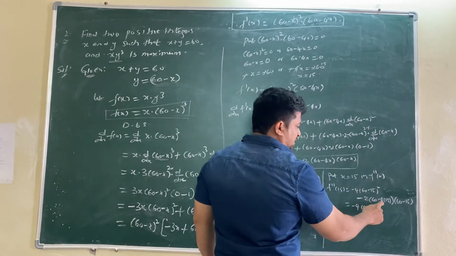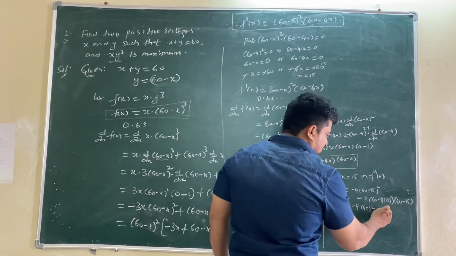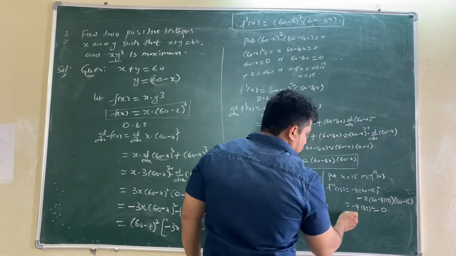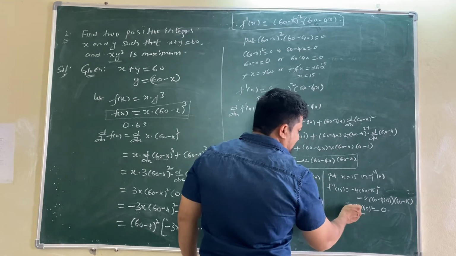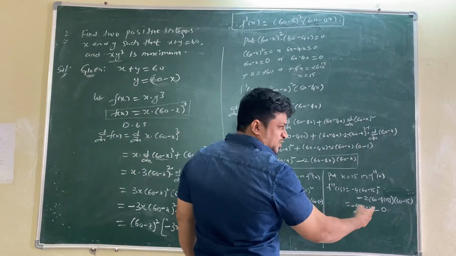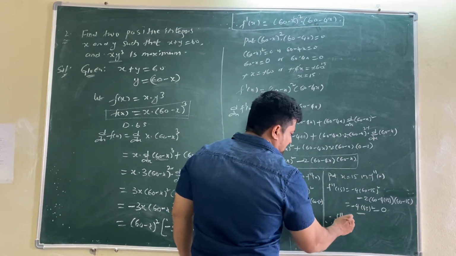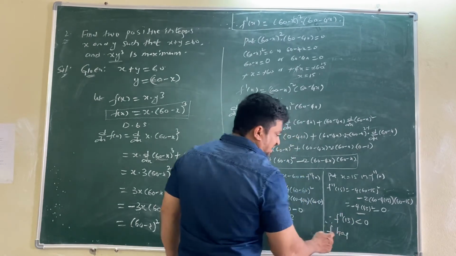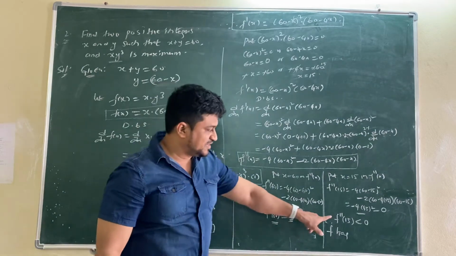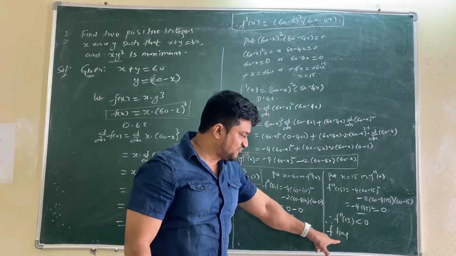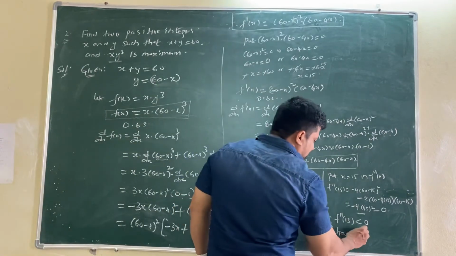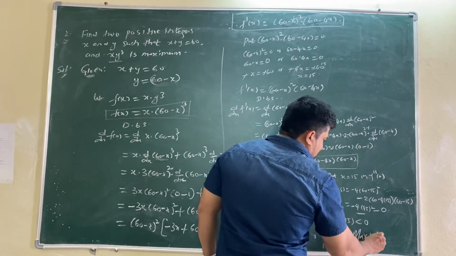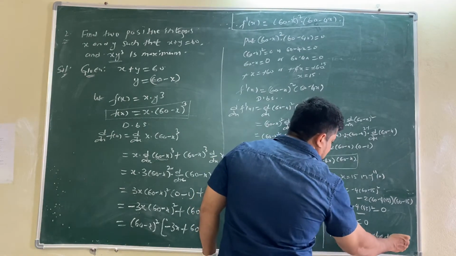Minus 2 into 60 minus 60, 0 and anything is 0. So what we got at the end, answer in negative or positive? No need to simplify. F double dash of 15 is less than 0. So we can write, don't write F dash here, F double dash here. If F double dash is less than 0, F has maximum value